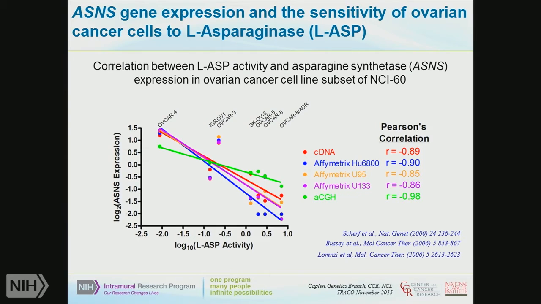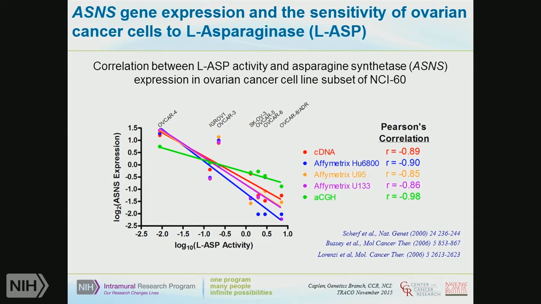We've done a lot of work, as have a lot of others, using different functional genomic technologies to look at how we can use those to repurpose existing chemotherapeutic agents, and also find different ways of looking at chemotherapeutic agents. This is not a chemotherapeutic agent. This is actually a very unusual drug. It's an enzyme drug. It's asparagine synthetase.